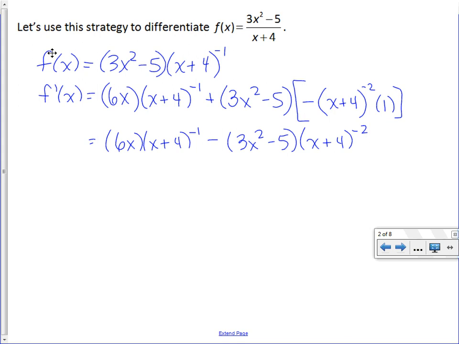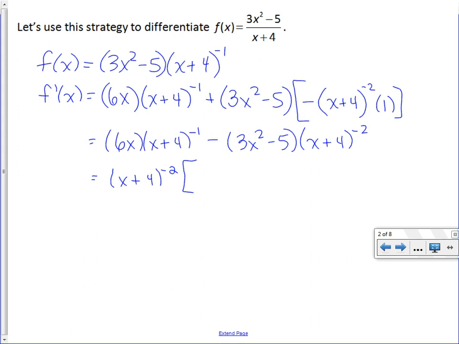Is there anything in common there, right guys? Don't start looking. It has to be identical to remove. Nothing there is identical, can't do it. But x plus 4 to the -1, x plus 4 to the -2, is there a piece there that's in common? The x plus 4 base. And if you remember, what would be the exponent you take out? The lowest. And I know it's weird, but what's lower, -1 or -2? -2. So I go x plus 4 to the -2, which leaves me with,